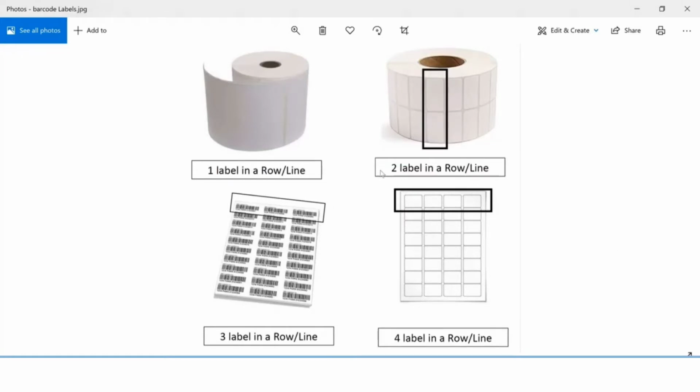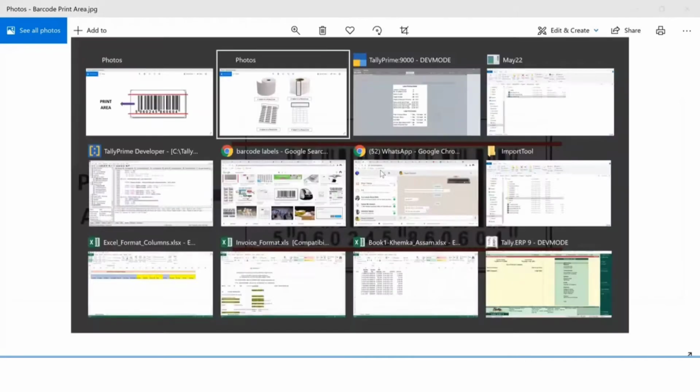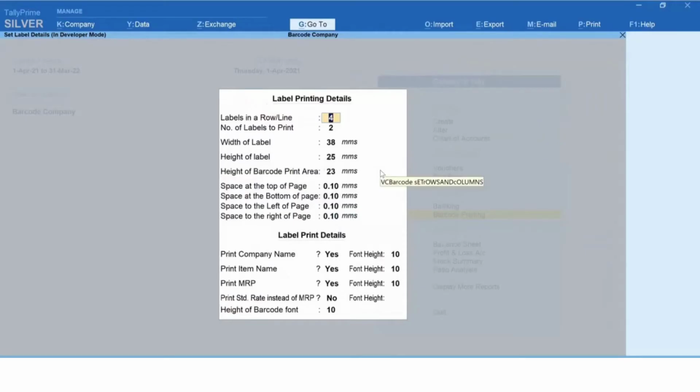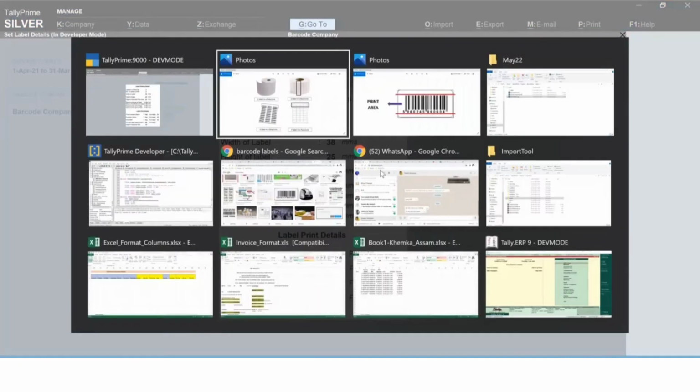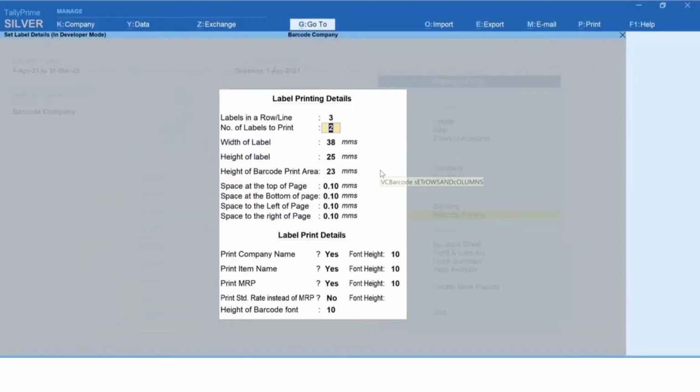So whichever sticker you are using, accordingly you can mention here how many labels are there in a row. So here I mentioned 3.